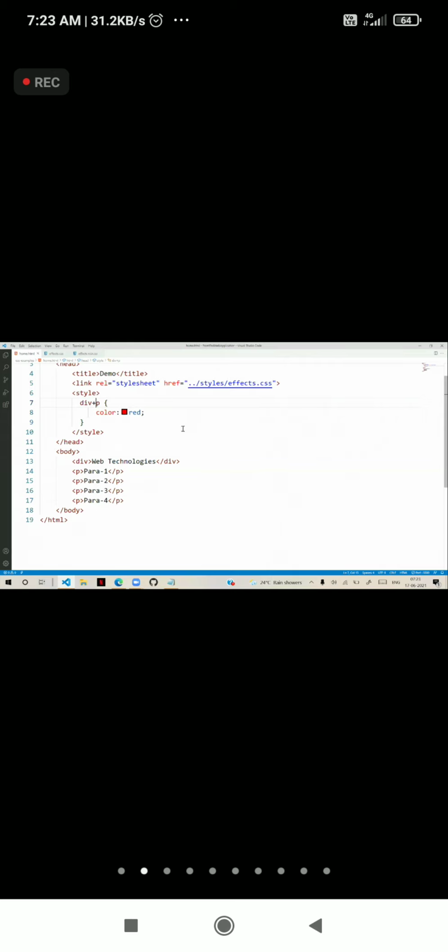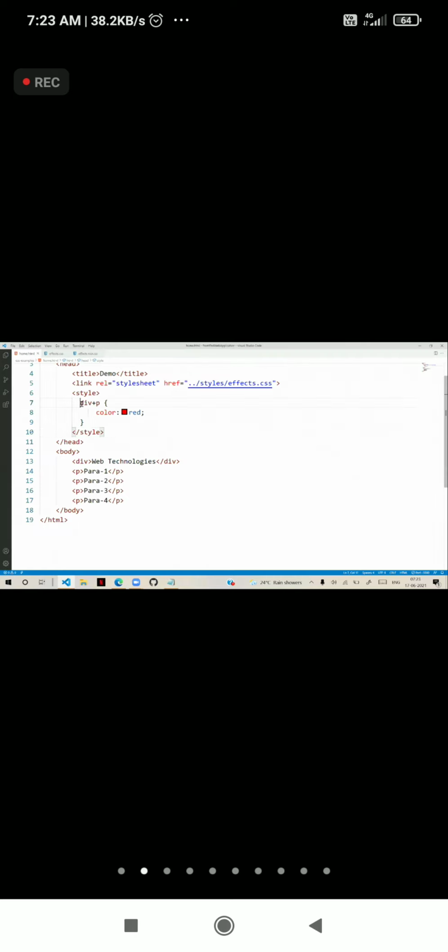Adjacent paragraph means which paragraph will it apply to? Plus means adjacent. Adjacent means immediate sibling. Immediate sibling is paragraph 1 only. It will apply only to that immediate sibling, para 1.